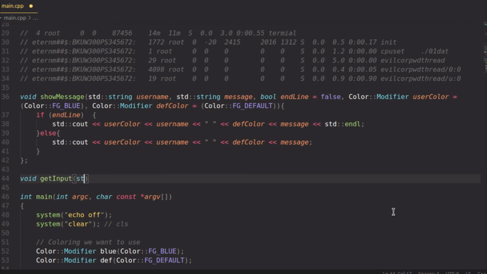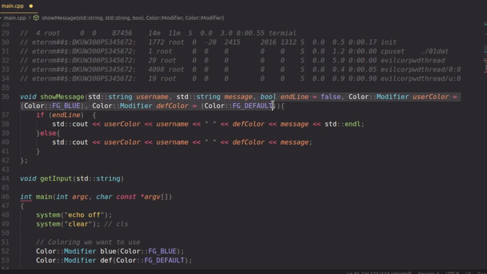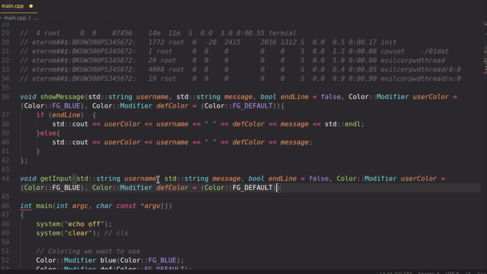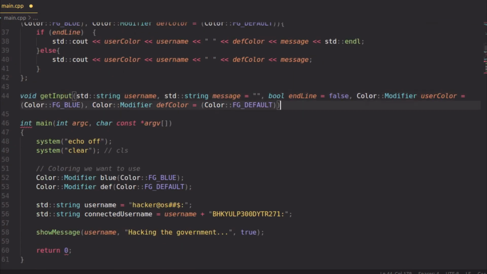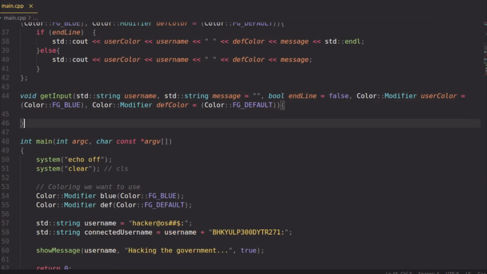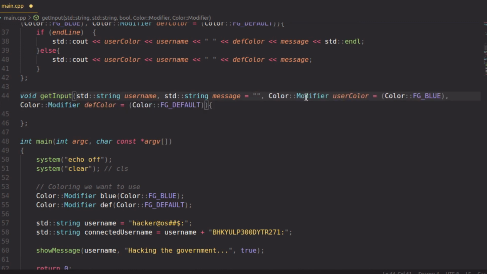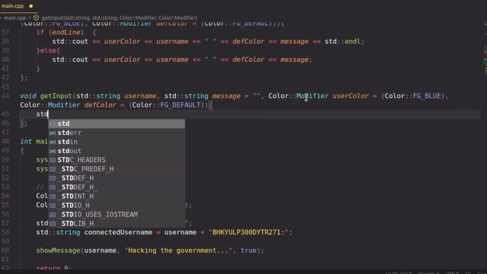I'm going to call it get input std, and we can go string. In fact, if you want, you can even copy this, and that will save you a lot of time, because you're basically getting the same input. The only difference is that this message will now have a default value. So yeah. Okay, and we don't need an end line. We don't need this anymore, because if we get input, why would we want to go to the next line? Or I guess you can put it there, but I feel it's unnecessary, so I'm not going to do that. We can create a string,